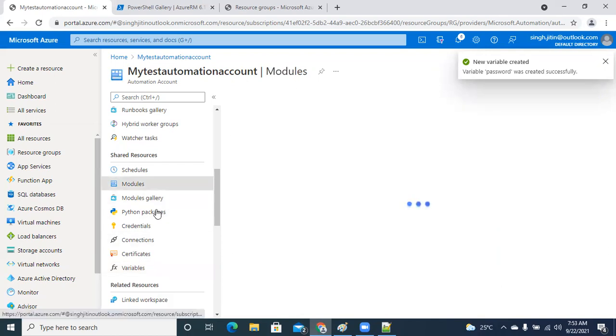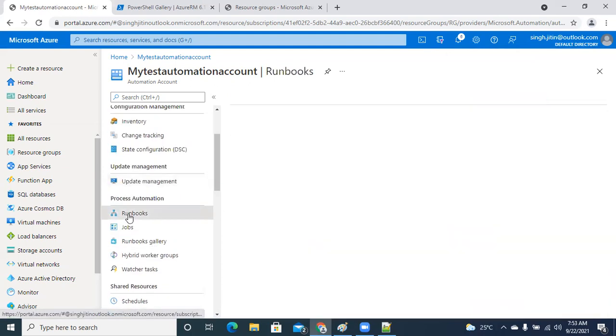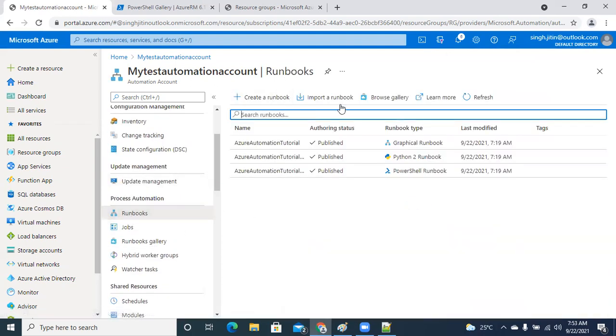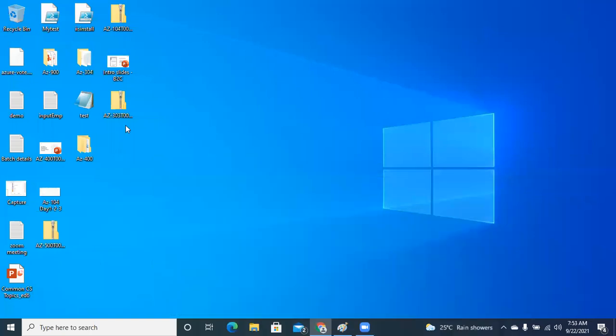The module is available. Now this is the time that I will be running our process automation with the help of runbooks. So going into the runbooks, either you can import or you can create, that is your choice. If the runbook is available, you can also use import. I'm just going to give a name, let's say my test. Going to open the runbook once again.